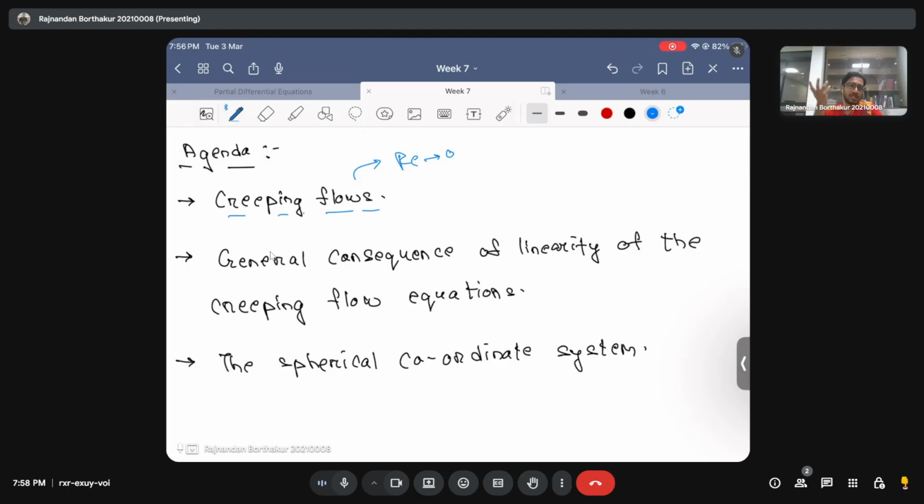Okay, in the nanometers, or let's say 10 to the power minus 6, at least in the micrometers. In that regime also, if you calculate the Reynolds number, you can very nicely do a back of the envelope calculation. So your Reynolds number is going to be equal to the density of water, which is 1000, times some characteristic velocity which you can actually calculate. Let's say I have a microorganism which is moving with 1 millimeter per second,